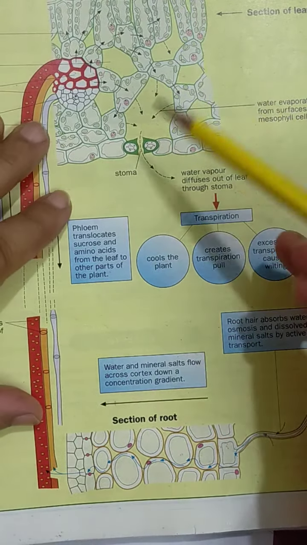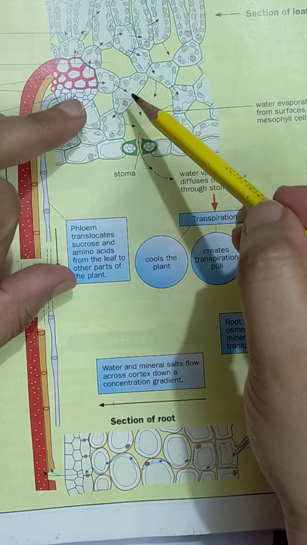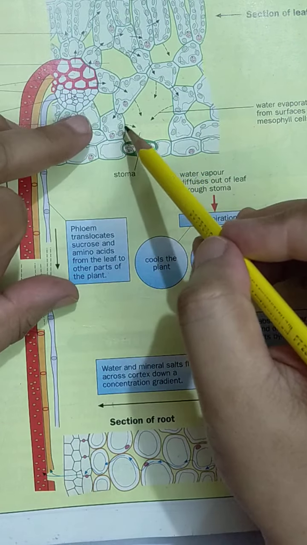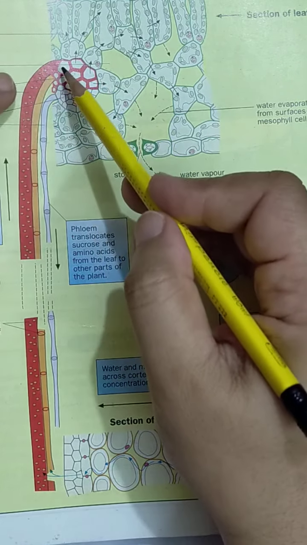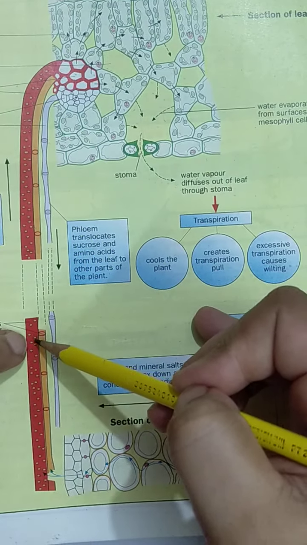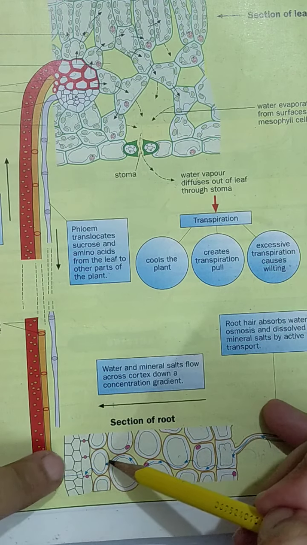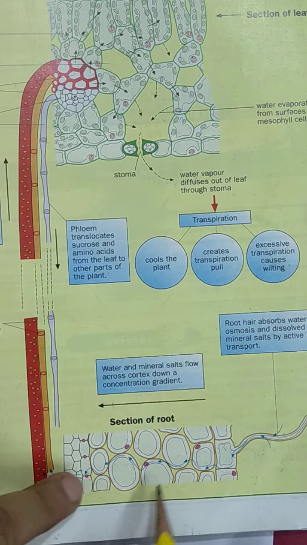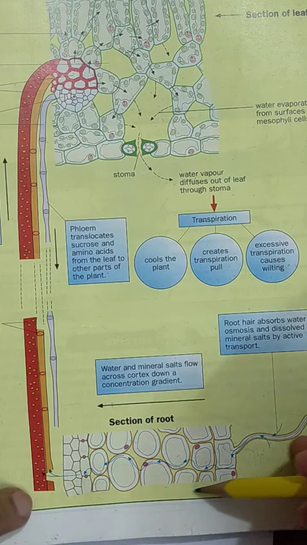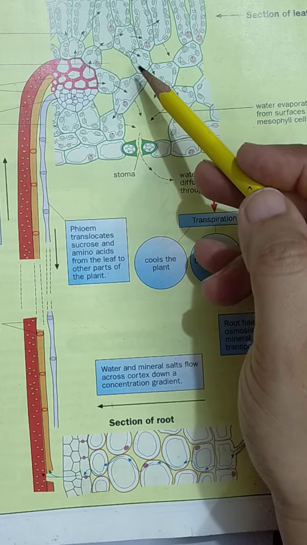So you already know that when the process of transpiration takes place, a pull or deficiency is created, due to which water from the xylem vessel reaches the cells of the plant. There will be a deficiency in the stem xylem, which will take water from the lower xylem present in the lower parts of the stem, which will take water from the root xylem, which will take water from the soil. So in this way water reaches the leaves due to transpiration pull.